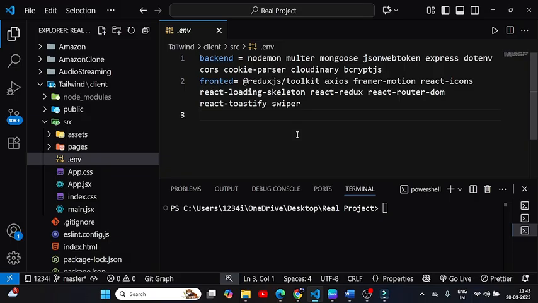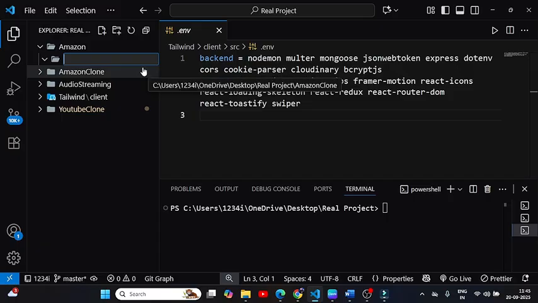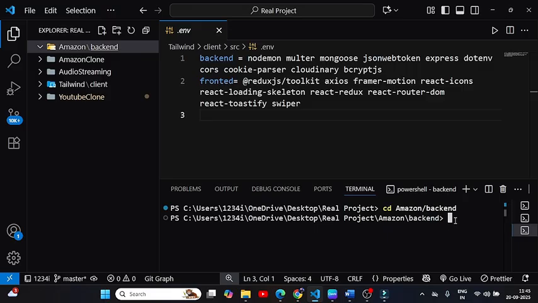So first things first, I'm gonna create a backend folder inside Amazon. Let's create backend, and inside my terminal, Amazon slash backend, and then npm init, which means initialization, dash y. So this command creates our Node.js server,